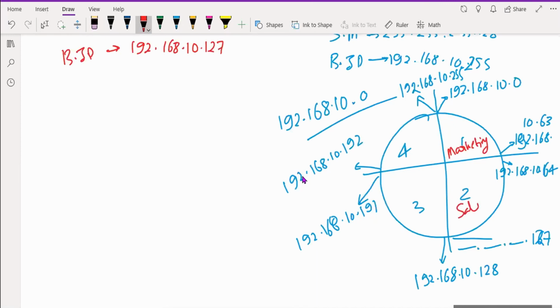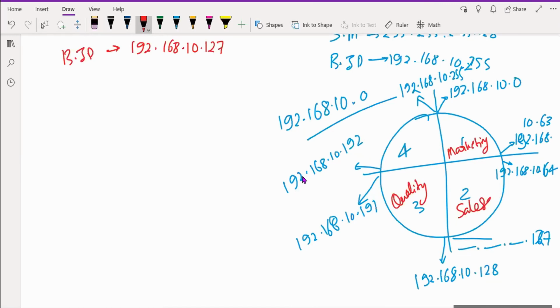So I'm dividing my cluster in this way, and I want this one as marketing, this one as sales, and this one as a quality check. Okay, so I am doing the subnetting portion in this way.